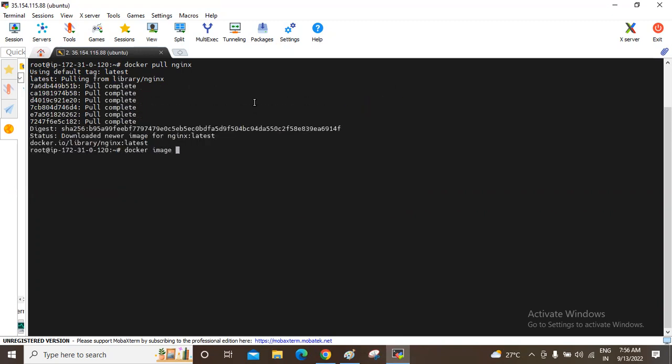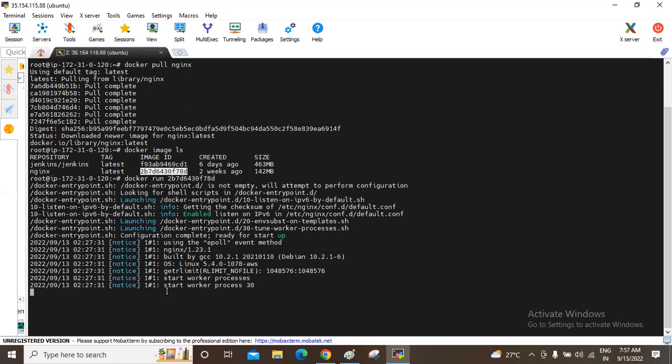Now, docker image ls. See, Jenkins is already there. We have downloaded the nginx, right? Then the image ID is this one. How to run this? Again, docker run with the image ID. There will be more options with the docker command. We will be learning each option going forward. Finally, we will be in a position to create our own Docker images with our own application source code, right? Now, docker run nginx. We can use either the image name or the image ID. Earlier we used the image name. Now let's use the image ID.